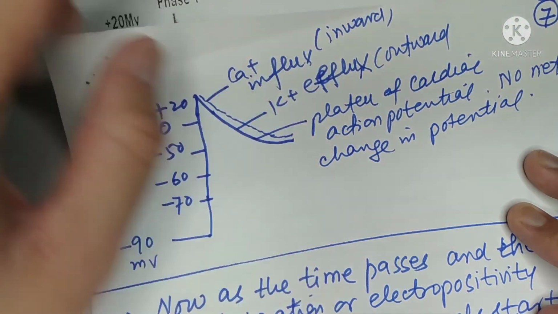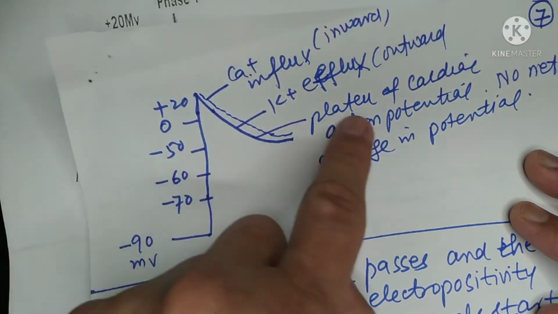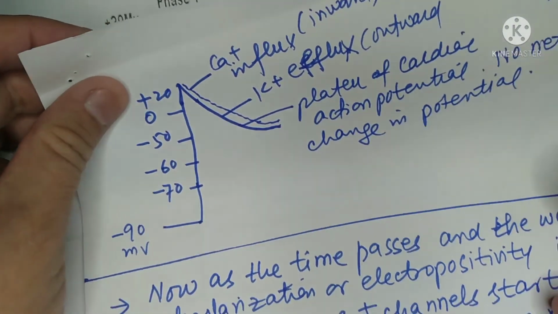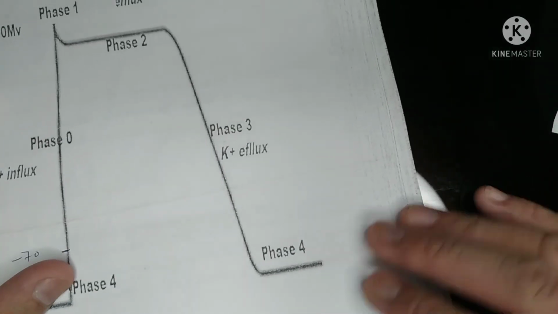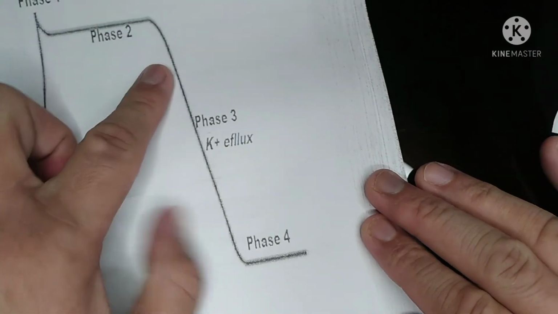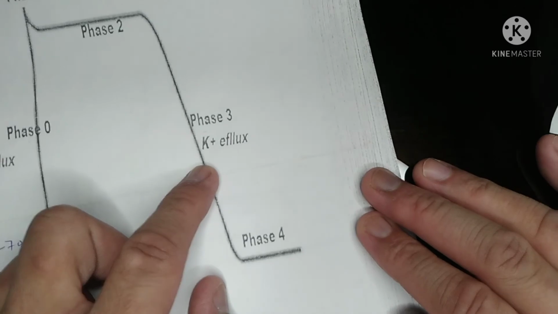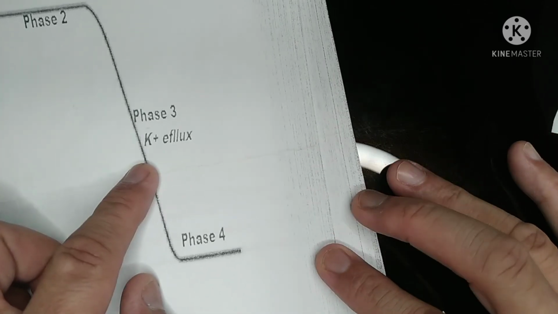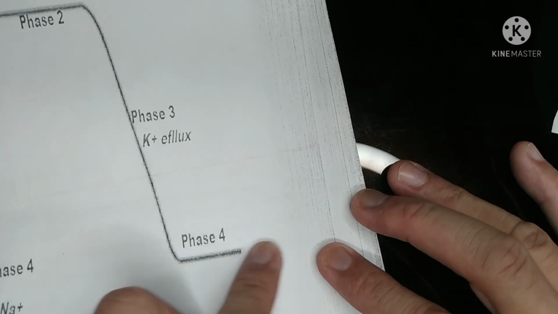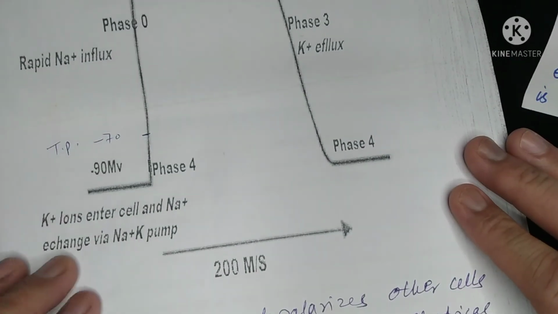इसको याद रखिए। इस फेज के अंदर फिर एक टाइम ऐसा आता है कि कैल्शियम चैनल जो है वो क्लोज हो जाते हैं, जबकि पोटेशियम चैनल जो हैं वो ओपन रहते हैं और पोटेशियम सेल से लीक होता रहता है। यहाँ पर देख लेते हैं पोटेशियम का एफ्लक्स जारी रहता है और यहाँ तक कि ये सेल अपनी इलेक्ट्रोनेगेटिविटी रीगेन करता है। इलेक्ट्रोपॉजिटिविटी ख़त्म हो जाती है, क्योंकि पॉजिटिव चार्ज लॉस हो रहे हैं, उस वक्त तक पोटेशियम एफ्लक्स होता है जब तक रेस्टिंग मेम्ब्रेन पोटेंशियल रीस्टोर ना हो जाए।